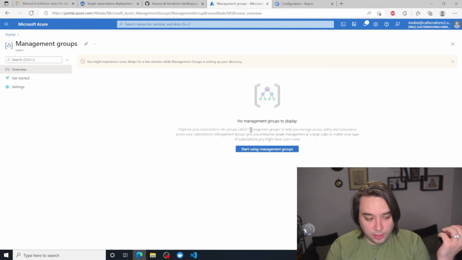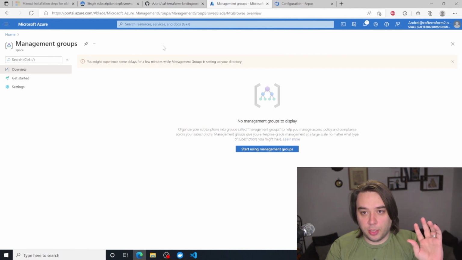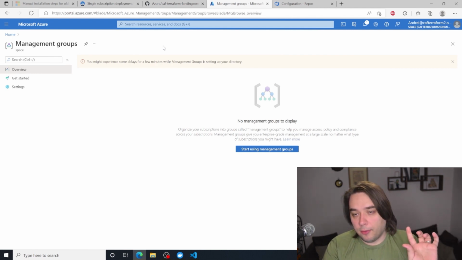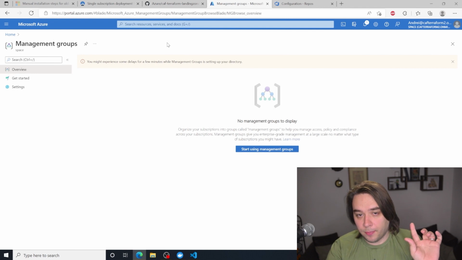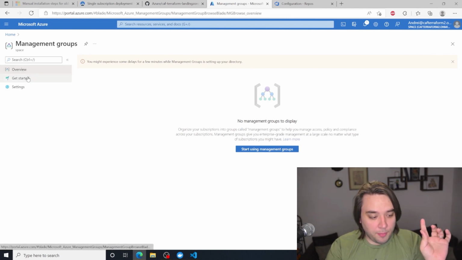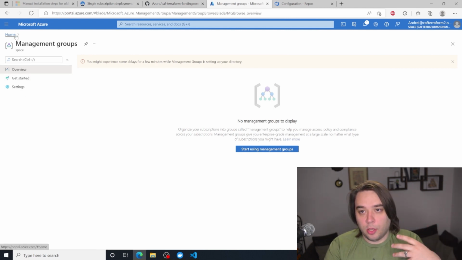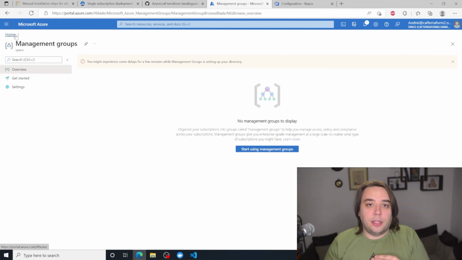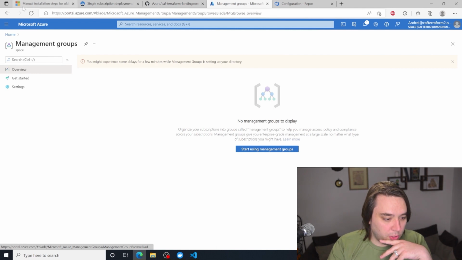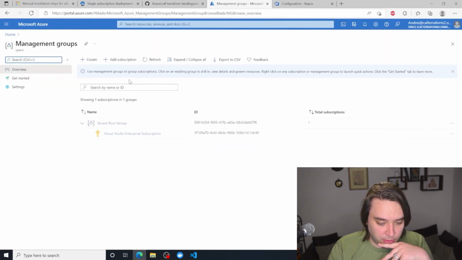Set up the directory to make sure that what you will have created is a root tenant group, and from there you will then be able to create management groups underneath that tenant root group. So let's just refresh the page to see if it's done it.